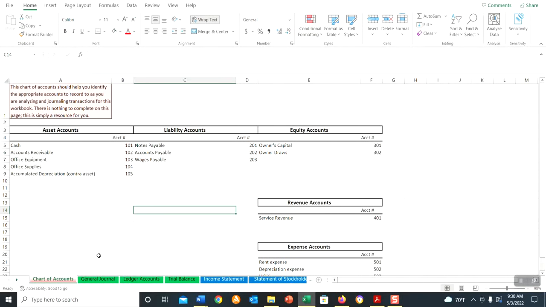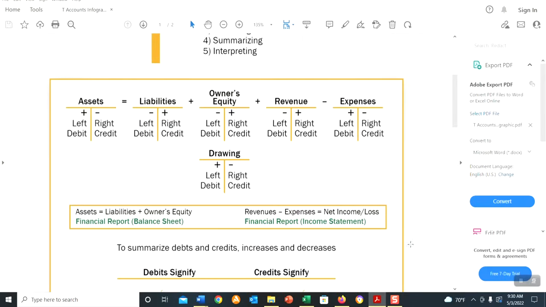You'll notice as well that your chart of accounts is organized based on the classification of the affected accounts. This classification will be very handy for you in using the T account infographic that's provided to you in the course to follow the rules of debit and credit based on the classification of the account and whether or not that account is increasing or decreasing. We'll also come back to this as we demonstrate how to record individual transactions, using these rules to determine which account will receive the debit and which account will receive the credit in each entry.